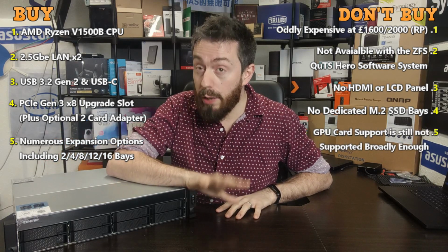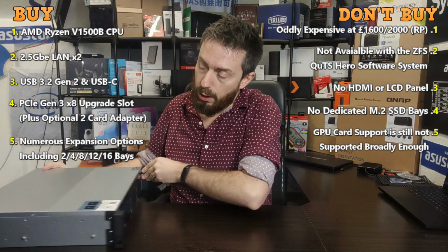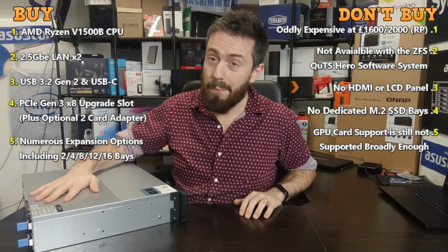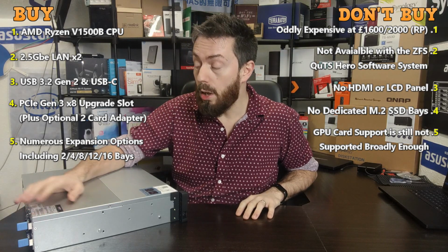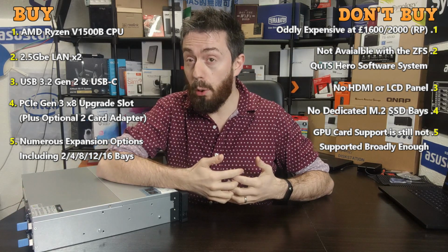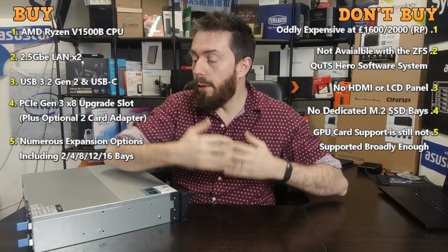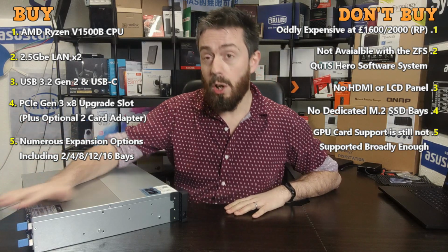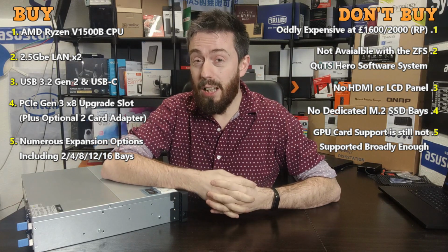Now, I get it. One of the big reasons is height. A lot of GPU cards are too tall to go inside this device because of that chassis at the top. But I still think there's a lot more low height cards out there that could be supported on this, and whether they just aren't or QNAP haven't had the time to flesh out the supported card roster, that's hard to say. But given that a lot of GPU cards either don't have adapted brackets for the rear to go to half height like this, or the cards just haven't been tested yet, it's still disappointing that there's only around 6 to 7 supported GPU cards on this device,